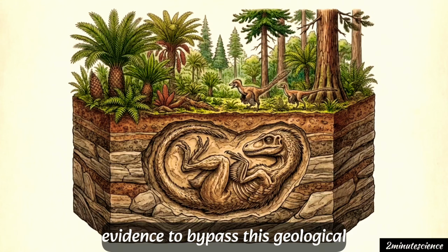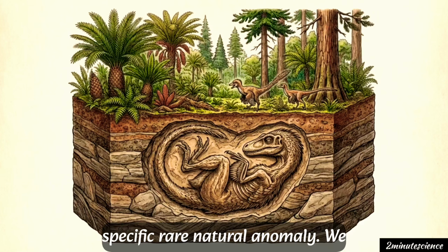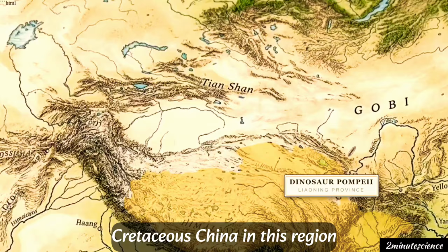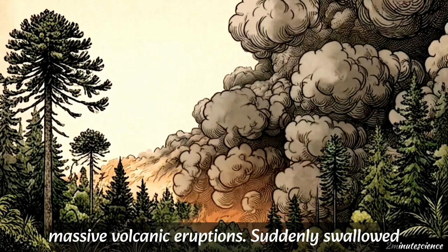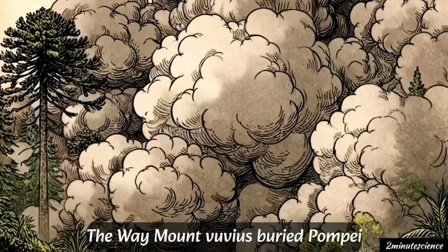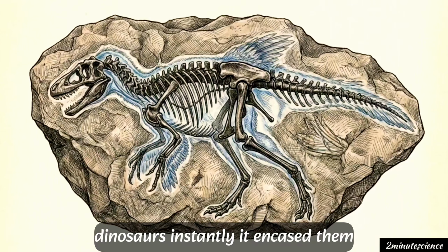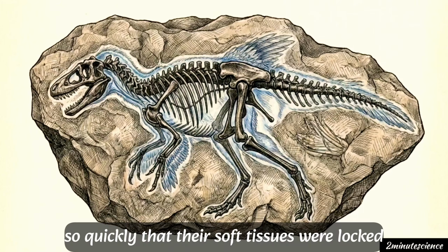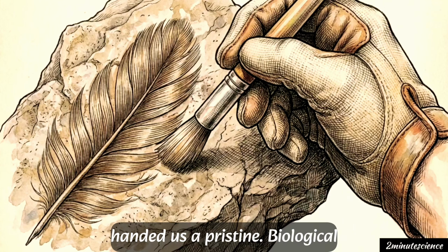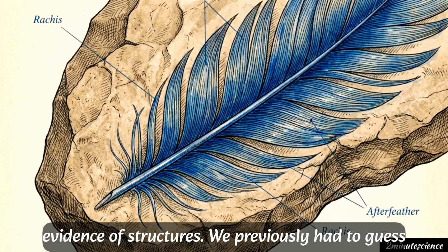To bypass this geological bias and actually see soft tissue, scientists need a highly specific, rare natural anomaly. We found one. We just have to look at Early Cretaceous China. In this region, massive volcanic eruptions suddenly swallowed entire ecosystems, functioning exactly the way Mount Vesuvius buried Pompeii. The ash killed and buried the local dinosaurs instantly. It encased them so quickly that their soft tissues were locked in place before they ever had a chance to rot. This rapid interment handed us a pristine biological snapshot, providing the first physical evidence of structures we previously had